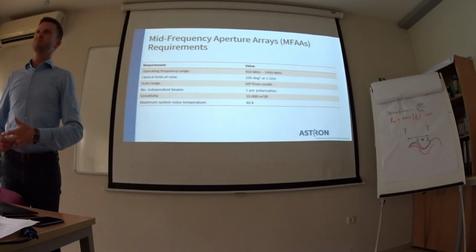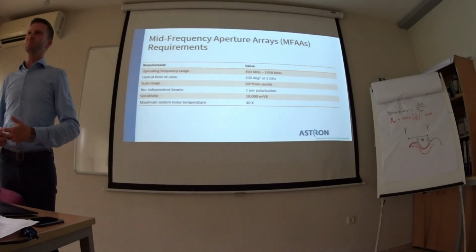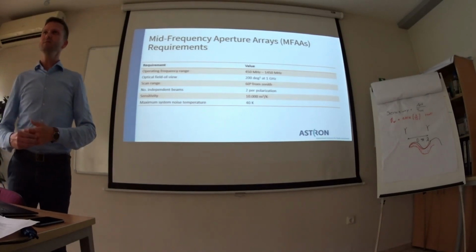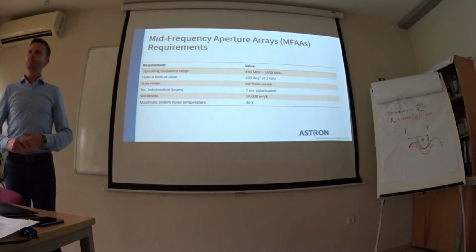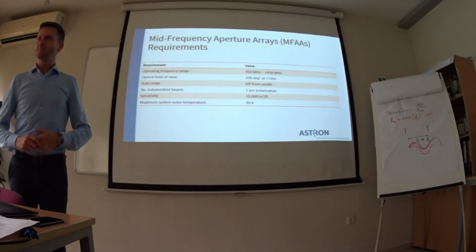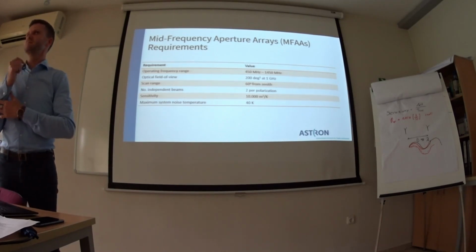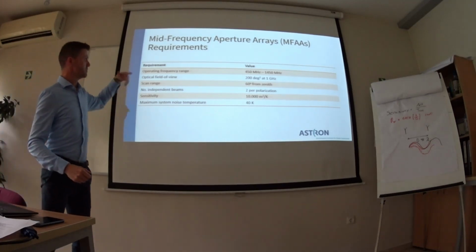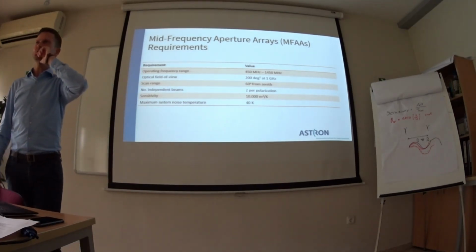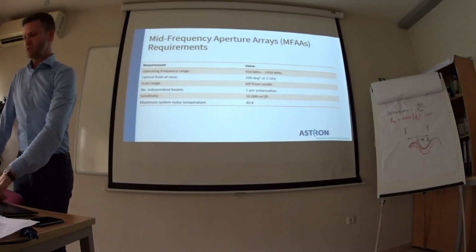Where will you start with this? How would you start making such a telescope? First, I guess the frequency range, right? Yeah, okay, and? It's an array, right? So we have to choose a design. Yeah. And what will you start with? A single element. Single element? Yeah. And what do you need to be able to make a single element? Well, just the frequency should be enough, right? Because that defines the dimensions of the antenna. There's one you're missing, and